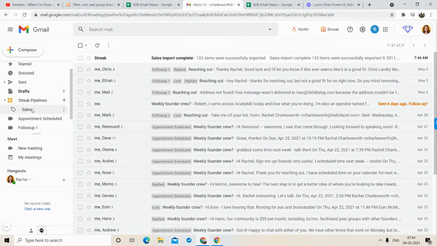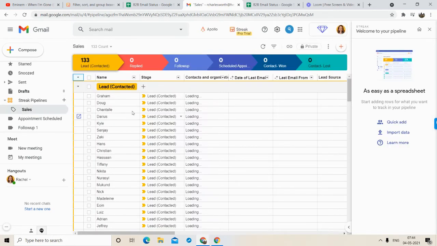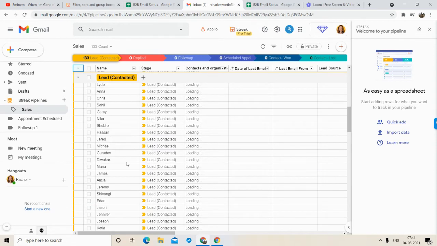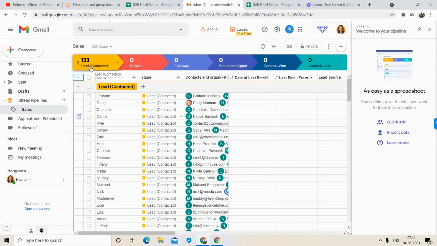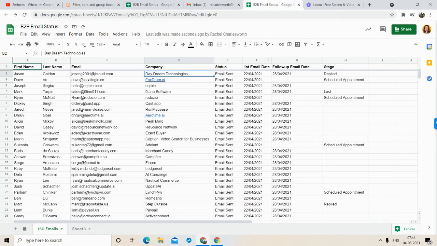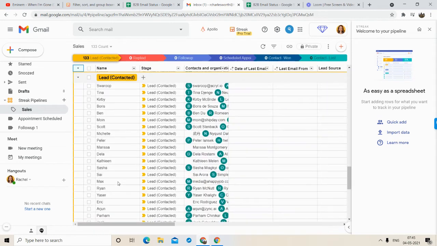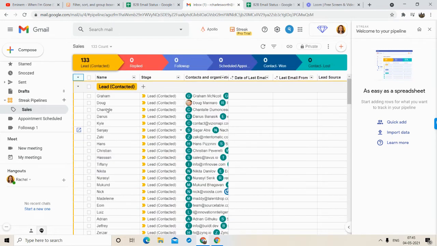So it's loading the pipeline. So this is the pipeline. You can see these are all the contacts that we imported, right? So this is all imported into our lead. As you can notice, we did not update our stages, because they were not matching with these stages: read, replied, follow up. So what this did is import all those into our lead contacts, right?